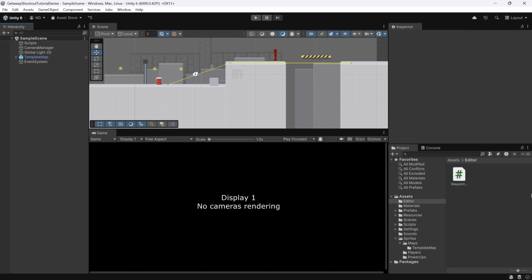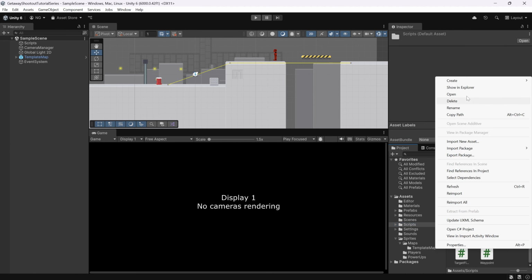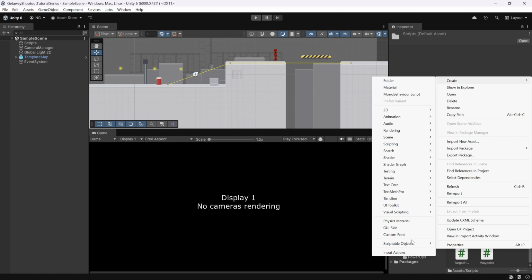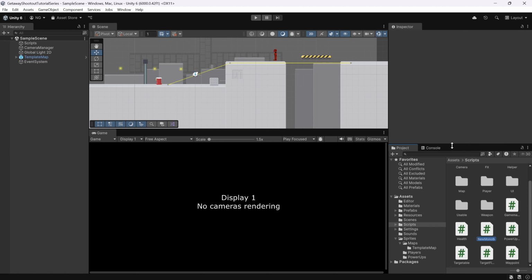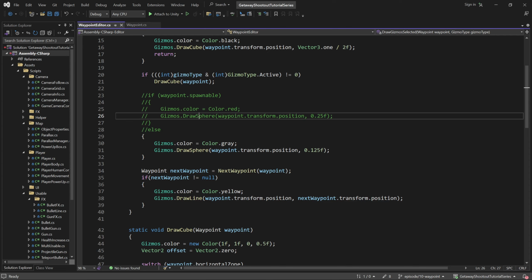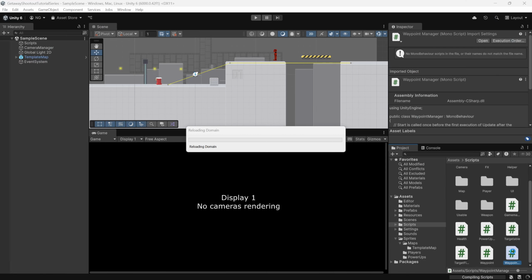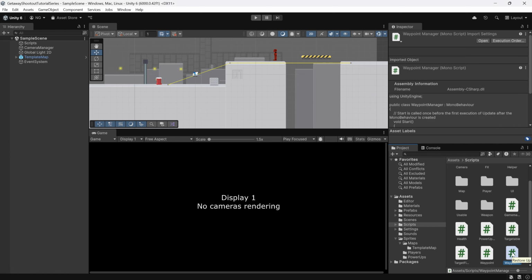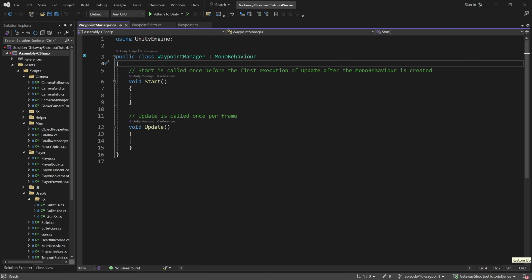And for that, I'm going to be creating another script in our scripts folder. And I'm going to call this a waypoint manager, which the purpose of it is just going to be managing all these waypoints in our map. So I'm going to say waypoint manager. And I'm going to open this up, and here. So like I was saying, this script is just going to be for managing all the waypoints on